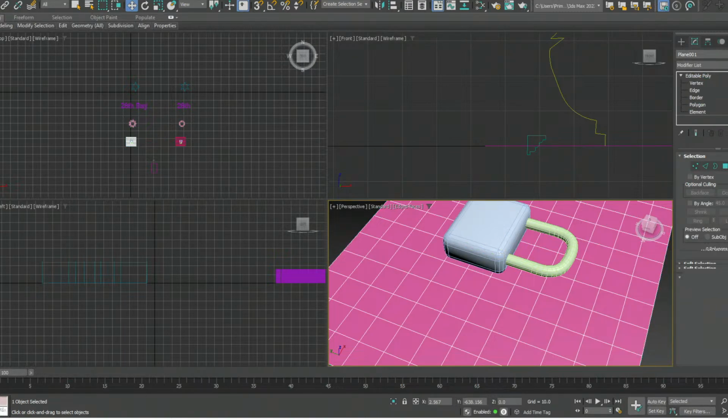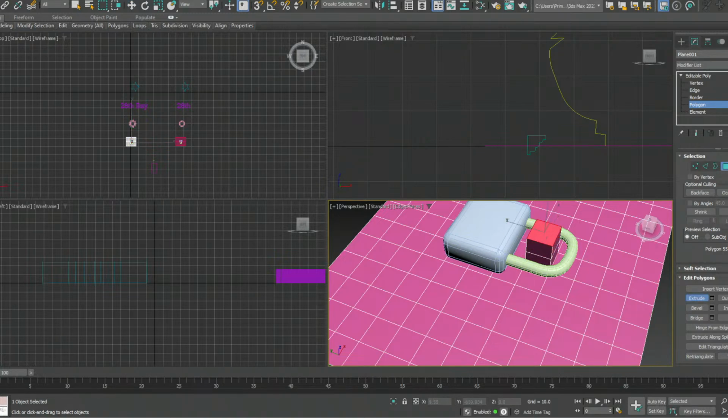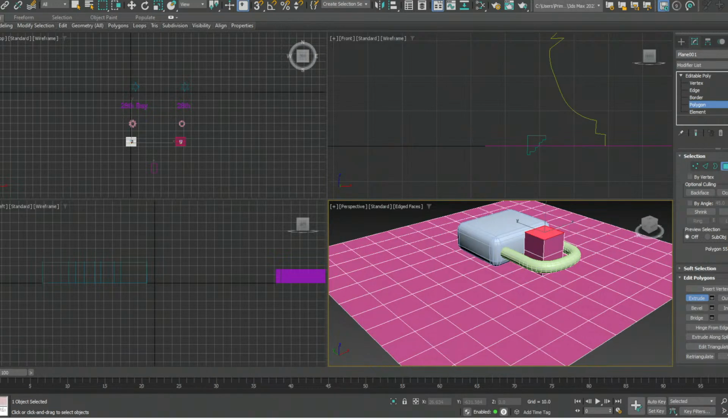So the poly here, I'm going to extrude. Instead of using the menu, I'm just going to right click and use the extrude in the quad menu. Extrude, and just going to bring this down a little bit. Or let's just undo, extrude this to this level a little bit more. Click on this face. Okay, now I need extrude, extrude,